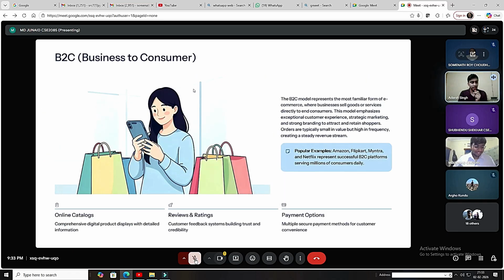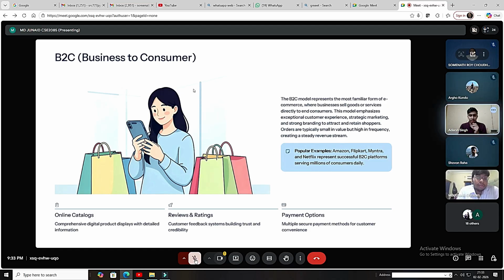And the next topic is the business to consumer model. It is the most common form of e-commerce where businesses sell products or services directly to individual customers. In this model, the main focus is on providing a smooth and enjoyable customer experience through attractive design, easy navigation, and strong marketing. Although each order is usually small in value, customers purchase frequently, which creates a steady flow of